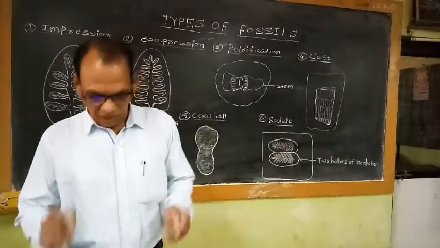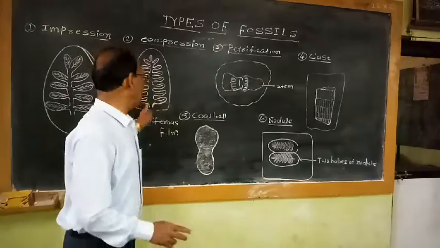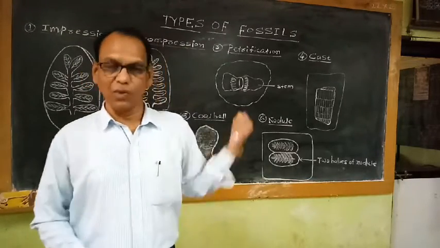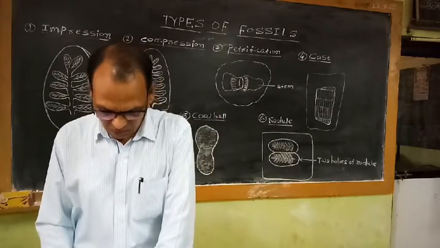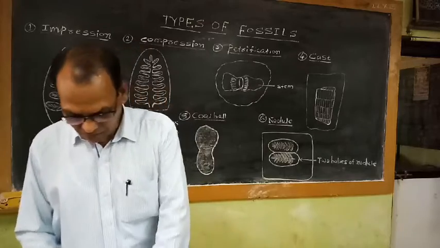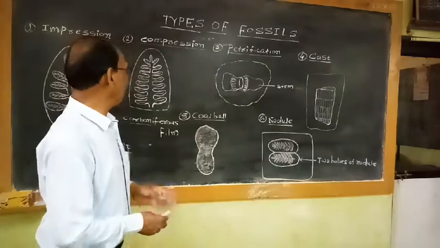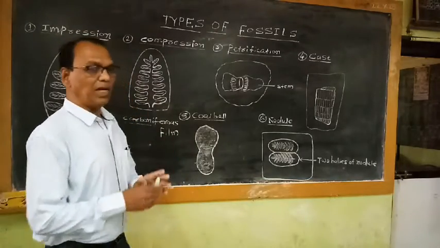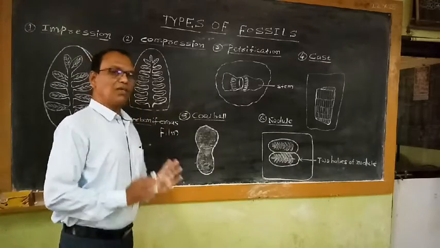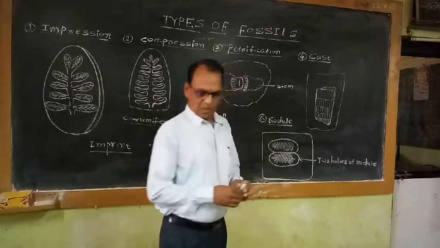So except the epidermis, the cellular details of this plant organ. What is this organ? Leaf. So the cellular details of the leaf we can't study with the help of this compression type of fossils also. With the help of such types of fossils, we can study the external characters or morphological characters of the plant parts which are found in the form of compression type of fossils in the sedimentary rocks. The third type of fossil is commonly called the petrification type of fossils.